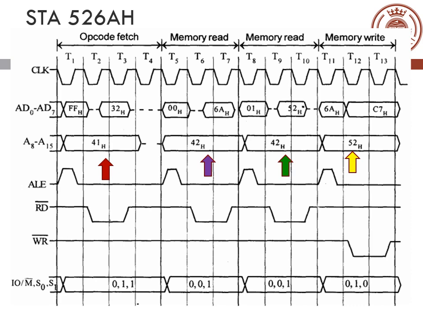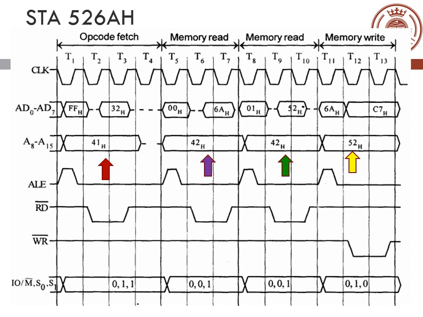So ALE goes high, which means that you are going to use the address bus. So you are having 41FF as your address. The address has been mentioned. After that ALE goes low, you are going to do the read operation. You are going to do the opcode fetch. So 32H is being fetched, and the processor decodes it using the instruction decoder and understands that it is the STA operation. Okay, so the microprocessor understands that it needs to know to which address you need to store the accumulator value. So the opcode fetch is over using 4 T states.